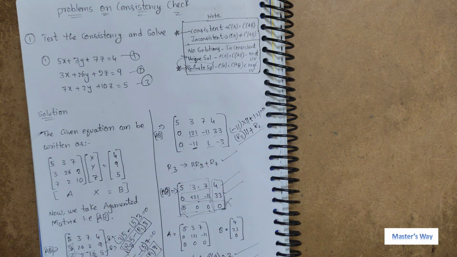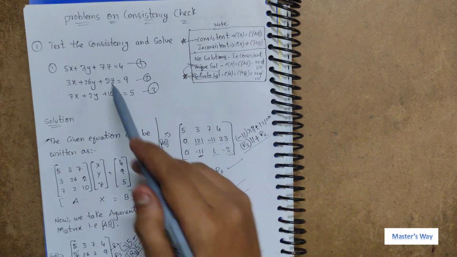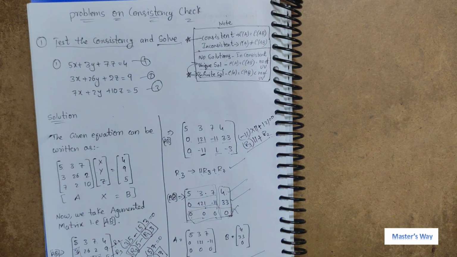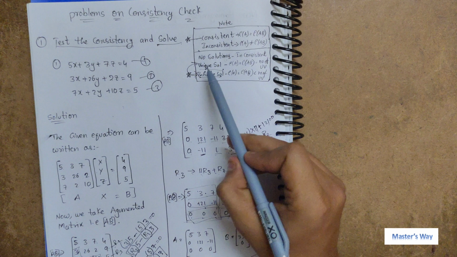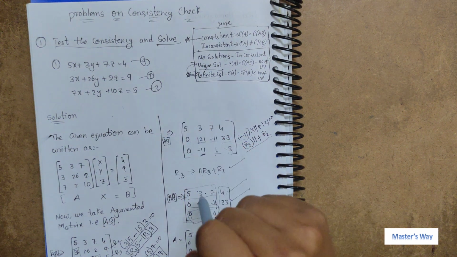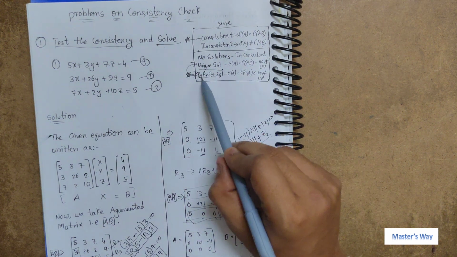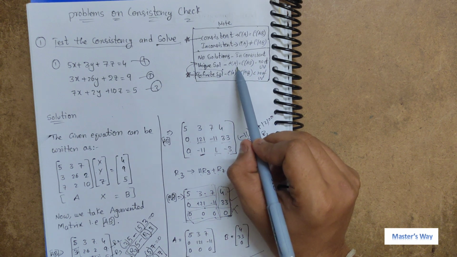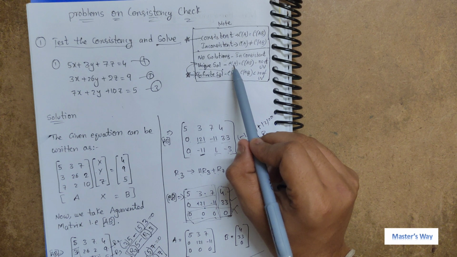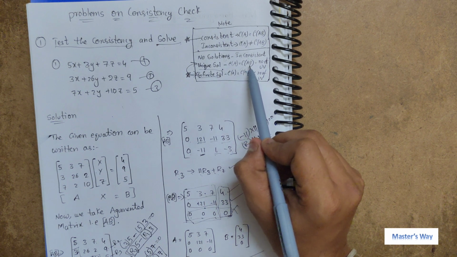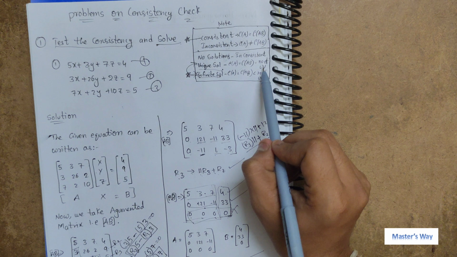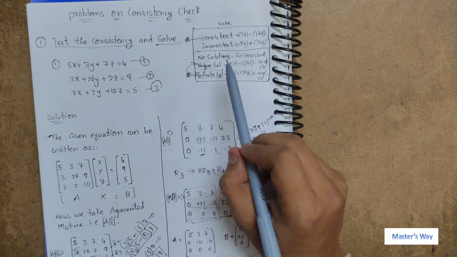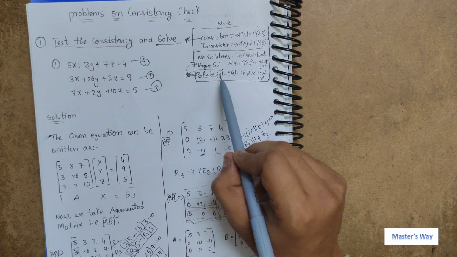So we will try to find those solutions also, because in the question they have asked to test the consistency and also solve it. Solve in the sense we need to find values. So how many values will there be for this consistent system, either unique or infinite? How will we find these two? By using this check. We have rank of A is 2, rank of AB also 2, but the number of variables is 3 in our case. So we will get infinitely many solutions. Okay, let's find infinitely many solutions.